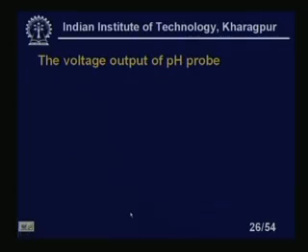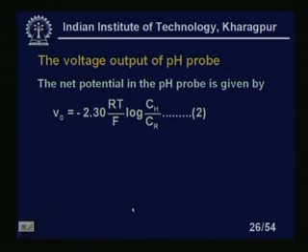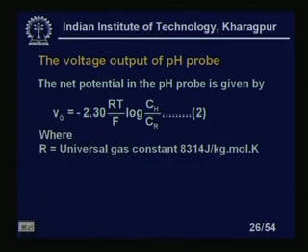The voltage output of the pH probe, you see, because we will get a voltage, the net potential in the pH probe is given by these expressions, right. V naught equal to minus 2.30 RT by F log of CH by CR, equation number 2, where R is